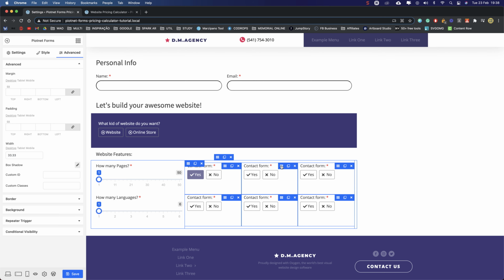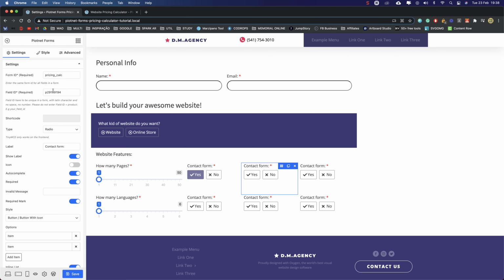In this one, instead of contact form, let's change to custom 404 page. Oops, 404 page. Here let's change the ID to custom 404. Right. Let's save it.